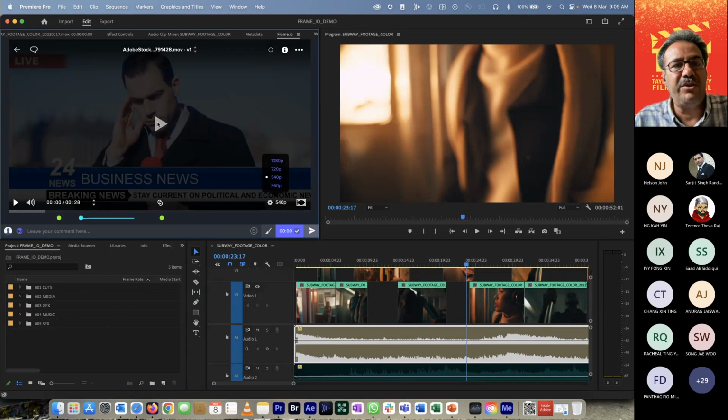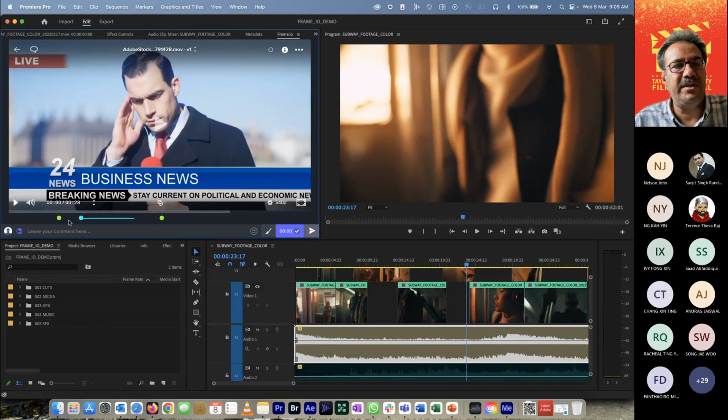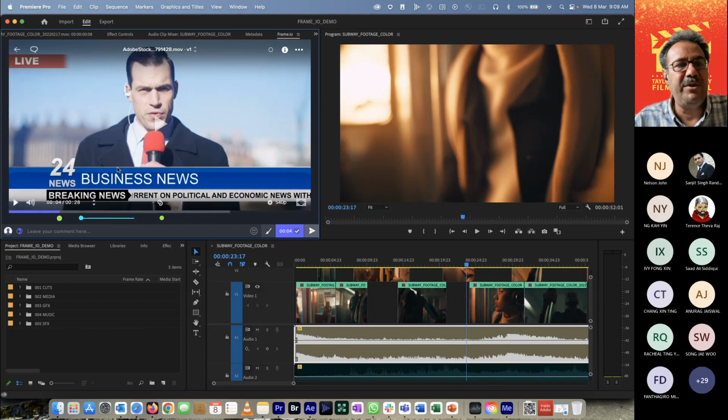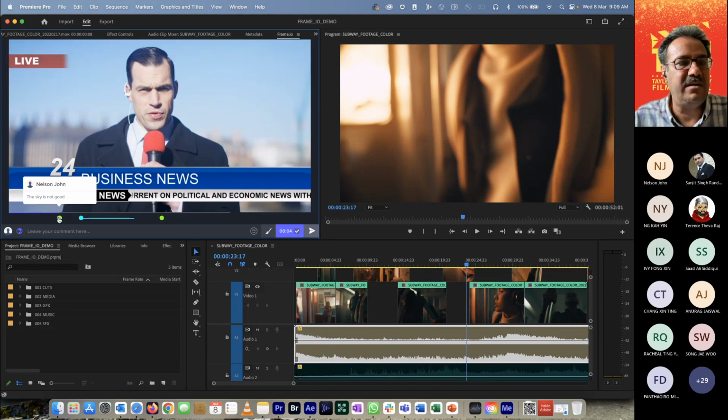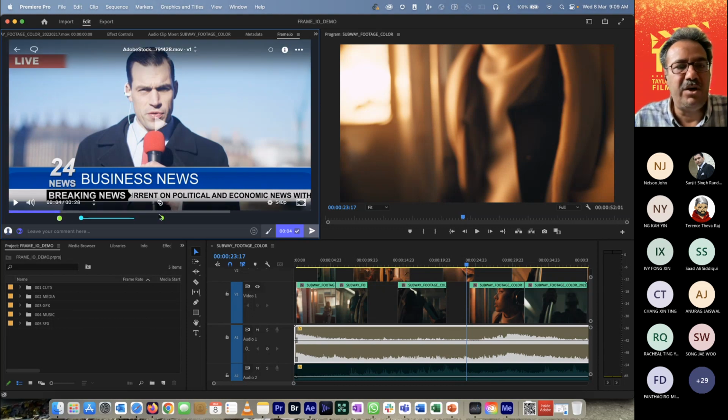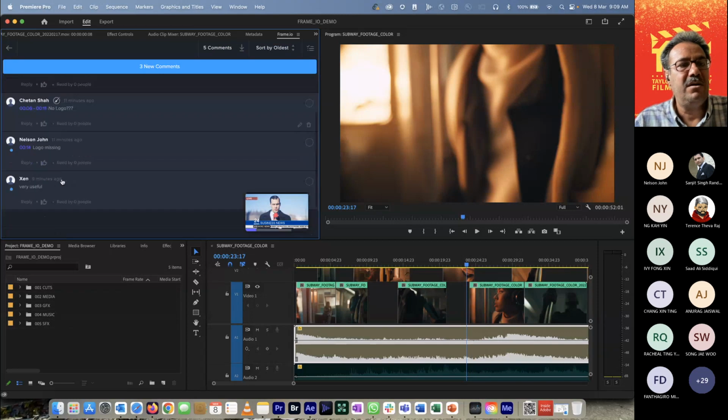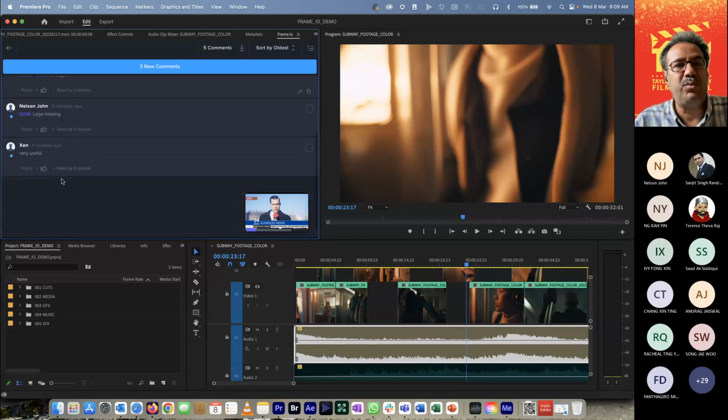So if I go and click on that, I can see all those comments here, right here on my timeline. If I jump to that, it will take me to that particular frame, and it will say that Nelson has shared the sky is not good, or he said logo missing, or I said no logo. If I want, I can see the same thing in my comment view as well. And I can download these comments to my timeline also when I start using this